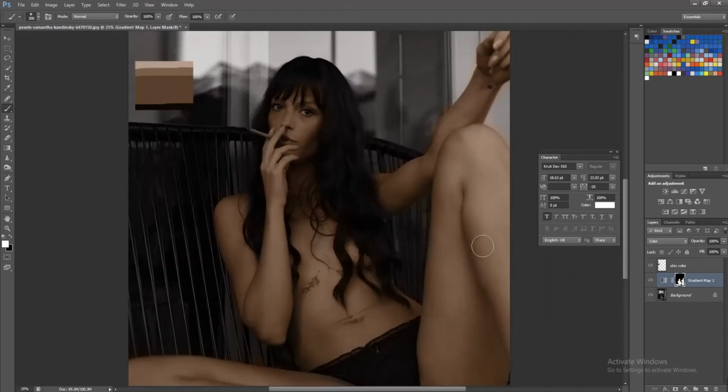Now the painting of the skin area is done. Skin color looks good, but still it looks flat and artificial.